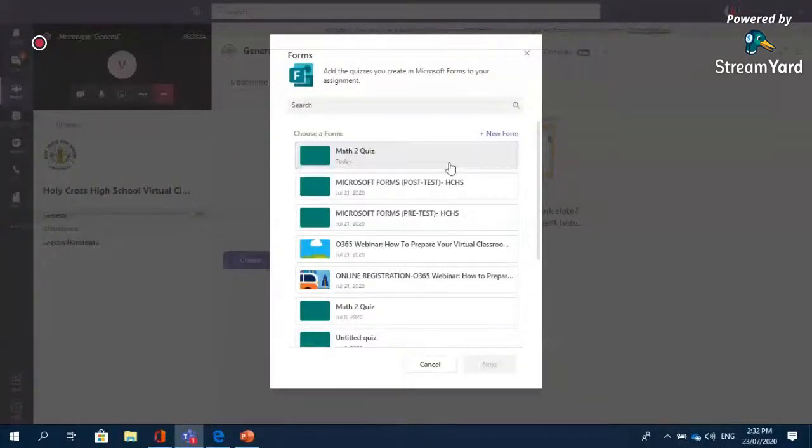If you select new form, it will lead you to the website and let you choose if you're going to make a quiz, a form, or a survey. So since we are done with the Math 2 quiz, I will select the existing one and select next.